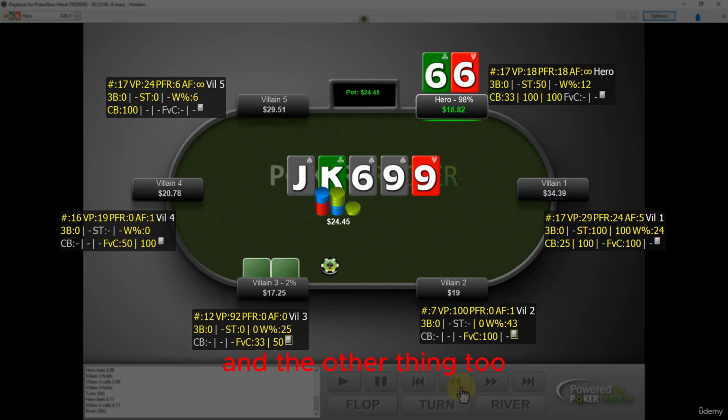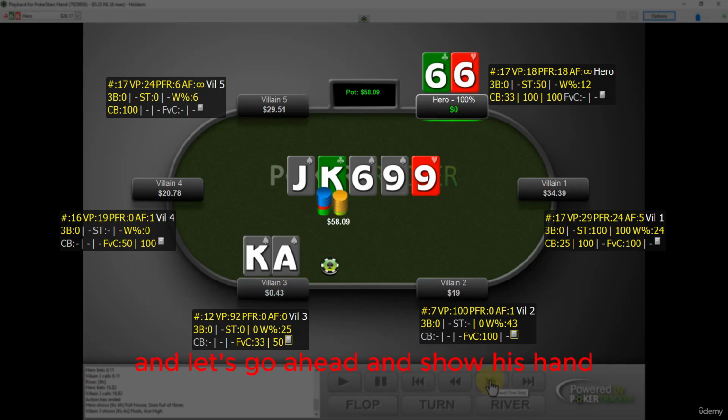And the other thing too is even with sizing down our bet on the turn, we can still easily get stacks in on the river. So if you notice, right, we bet a half pot size bet on the turn, and we still have a much smaller size bet left in our stack compared to the size of the pot. So we decide to go all in. Our opponent calls,